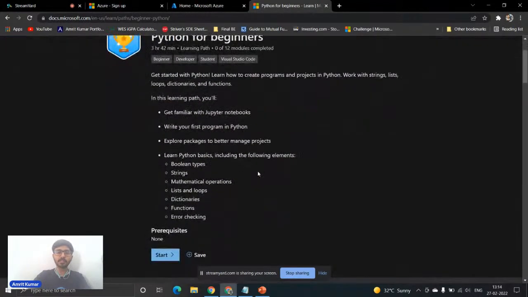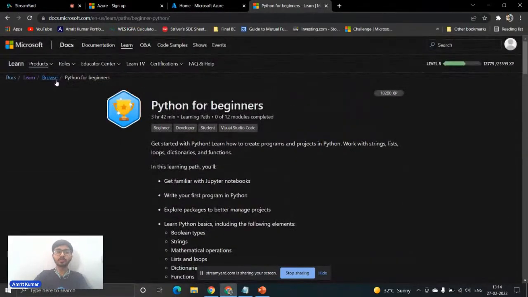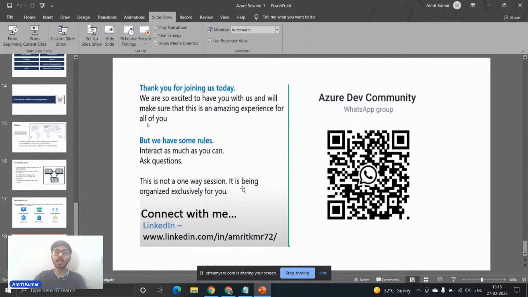If you are familiar with this, then you need to complete these modules. If a particular number of modules has been completed, then you'll earn some vouchers or swags also. So these are some very exciting, as well as very open source kind of things, where Azure helps us today.